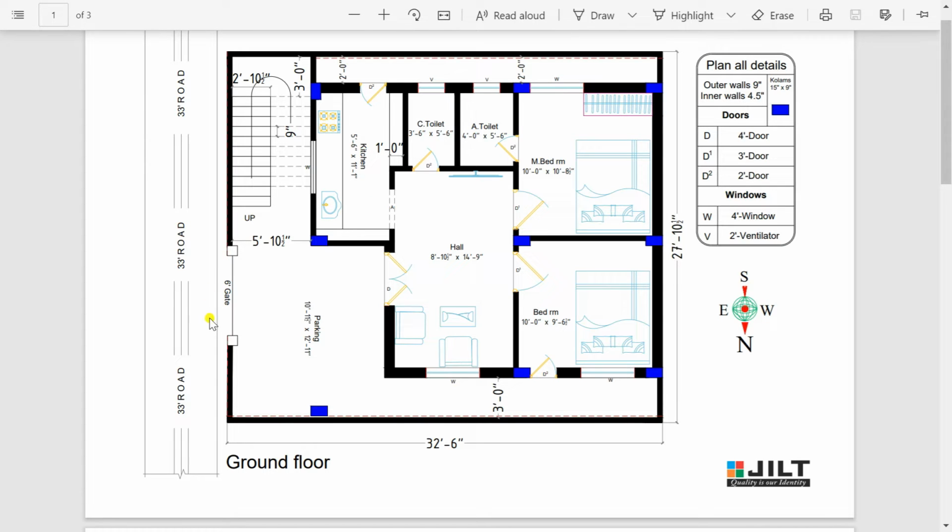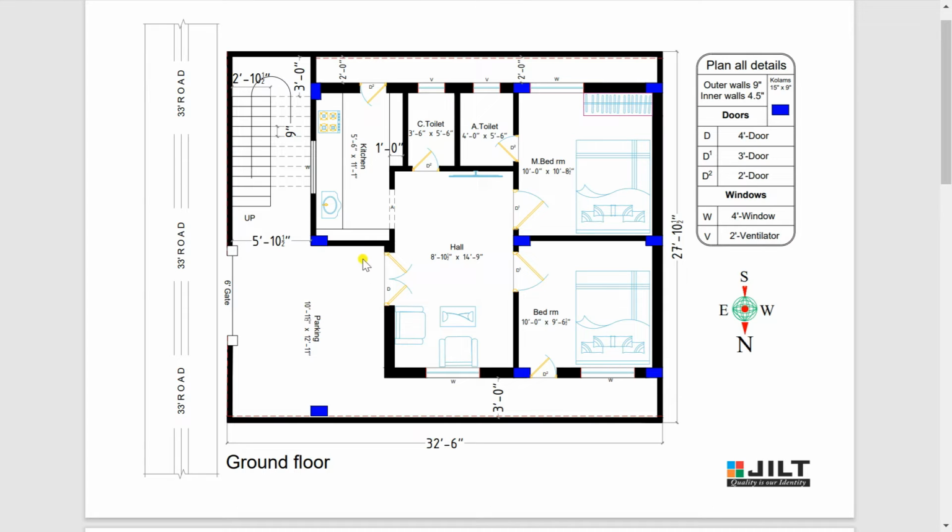So here this is the entrance of our ground floor plan. You can view this is a 6 feet gate we have provided. When we enter into the plan, you can view a lavish parking area of dimension 10 feet 11 and a half inches by 12 feet 11 inches. From this parking area you can park motor vehicles etc. And on the left hand side you can view a staircase of width 5 feet 10 and a half inches. This staircase can be used for moving towards the first floor and second floor.